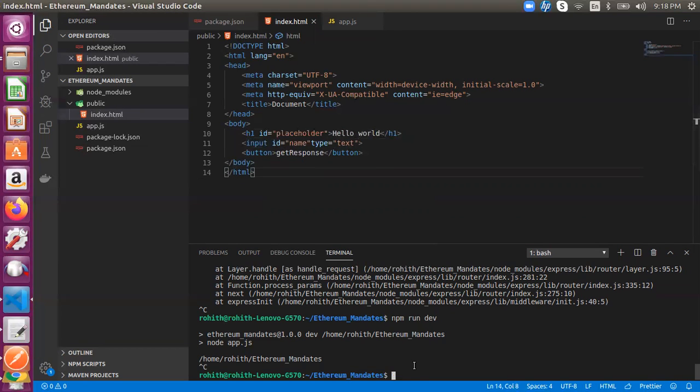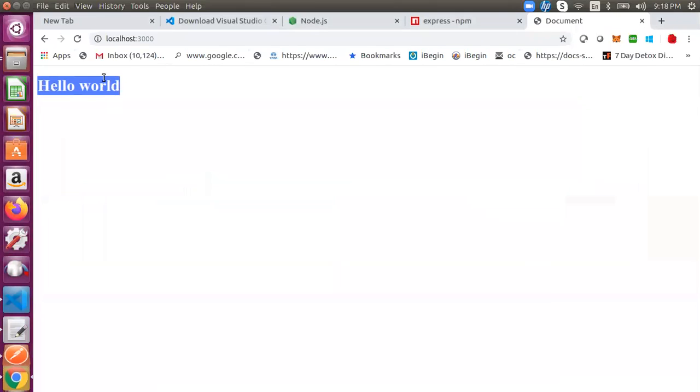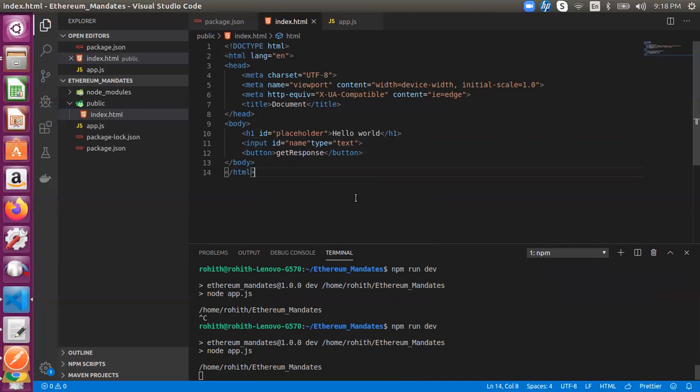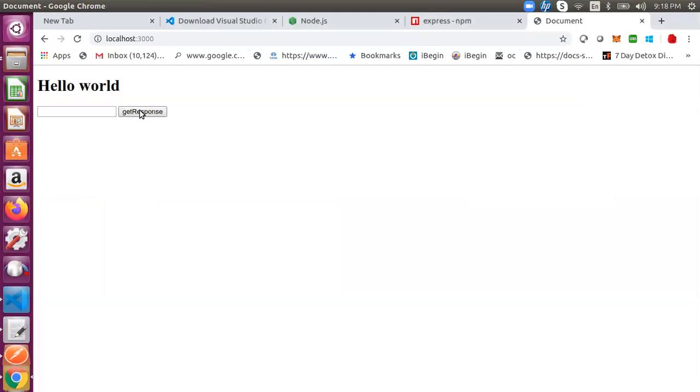Again, I'll run it. How does it look? We'll see here. The get response button is created, one text box is created, right? Okay, there is a button, but no action is available. We created a front end. I want the web server to communicate with this front end. So when I click on get response, I want to change something, like whatever I input here, like text, I want to change hello or something like that. So it goes to the web server and comes back and displays here.